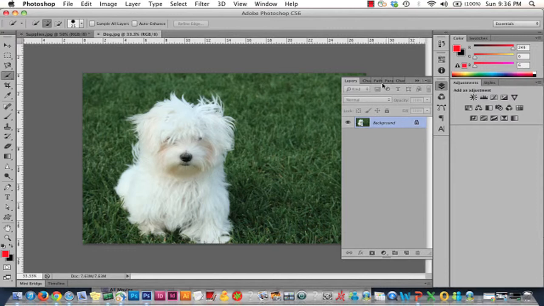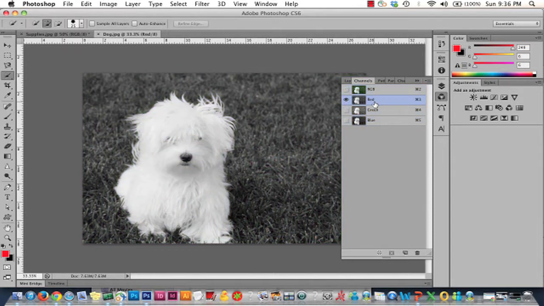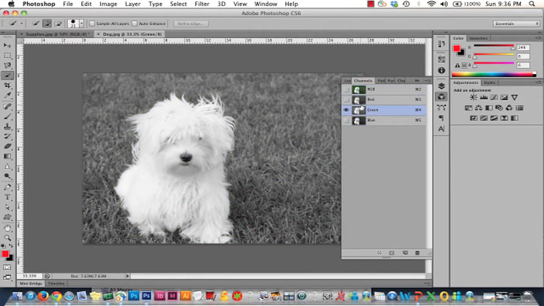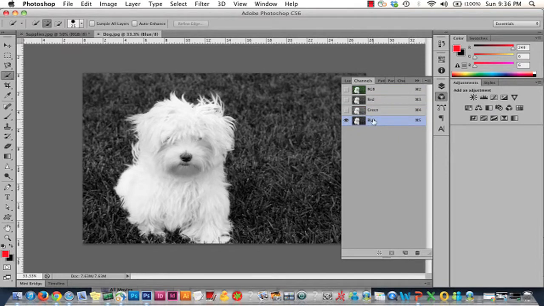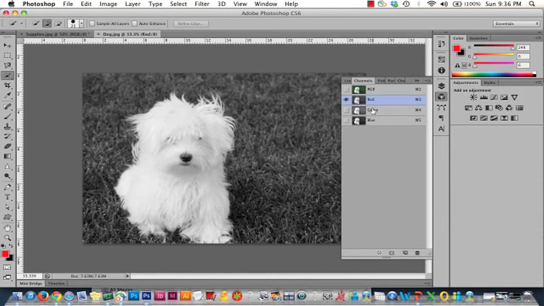But anyway, so now let's go to channels and we're going to look again at the red, green, and blue channels. So try to find which channel has the most contrast. So is it red, is it green, or is it blue? And I would say, and the book says, and I agree with the book, that the blue has the most contrast. It's the most like black and white of the three color separations. So we'll work with the blue